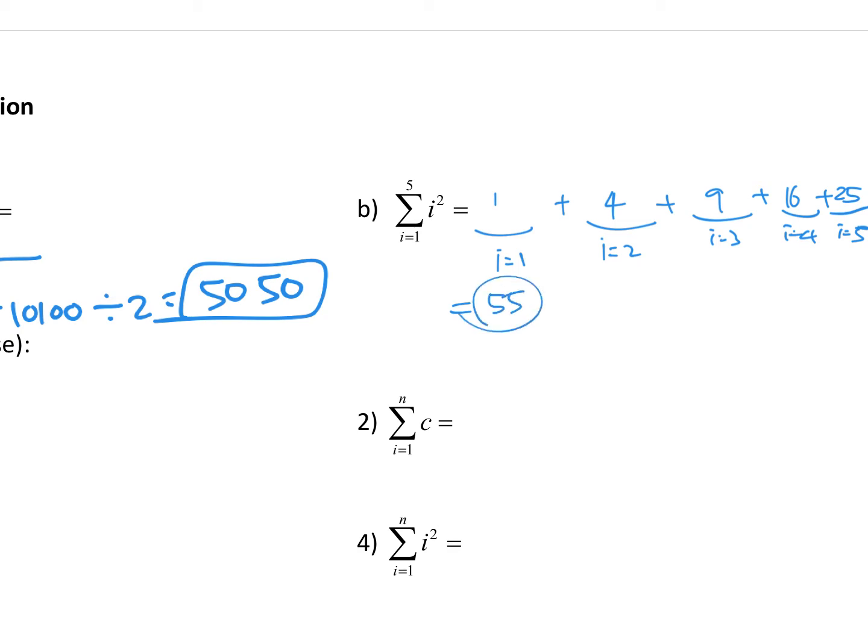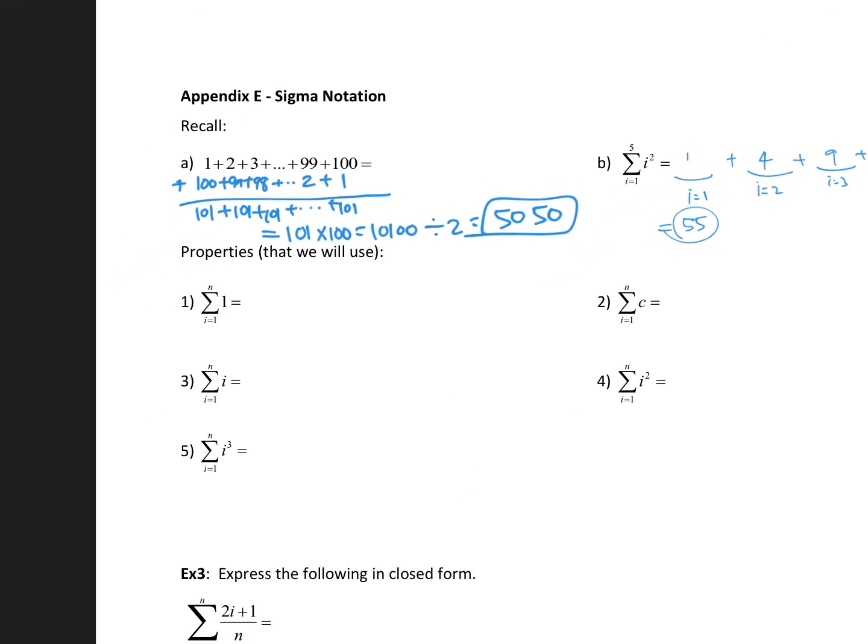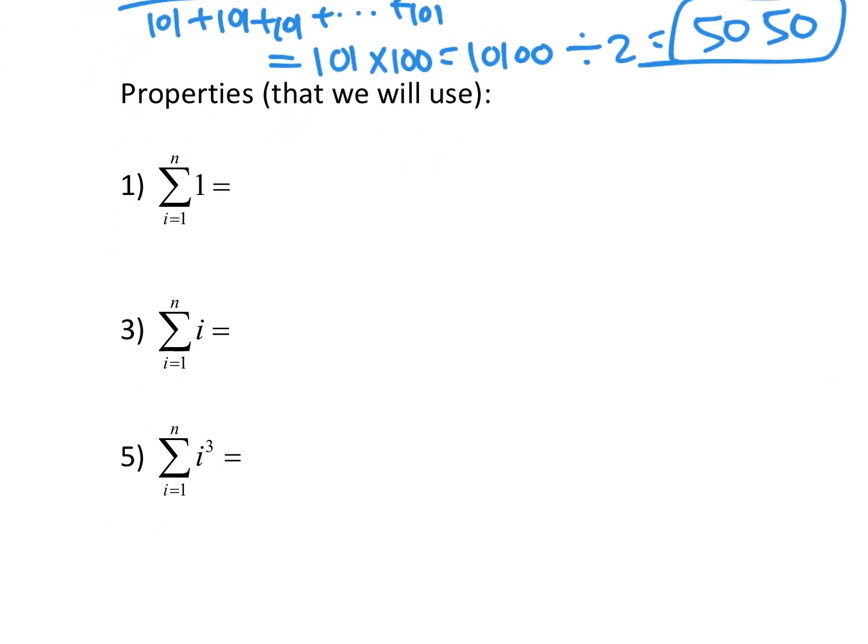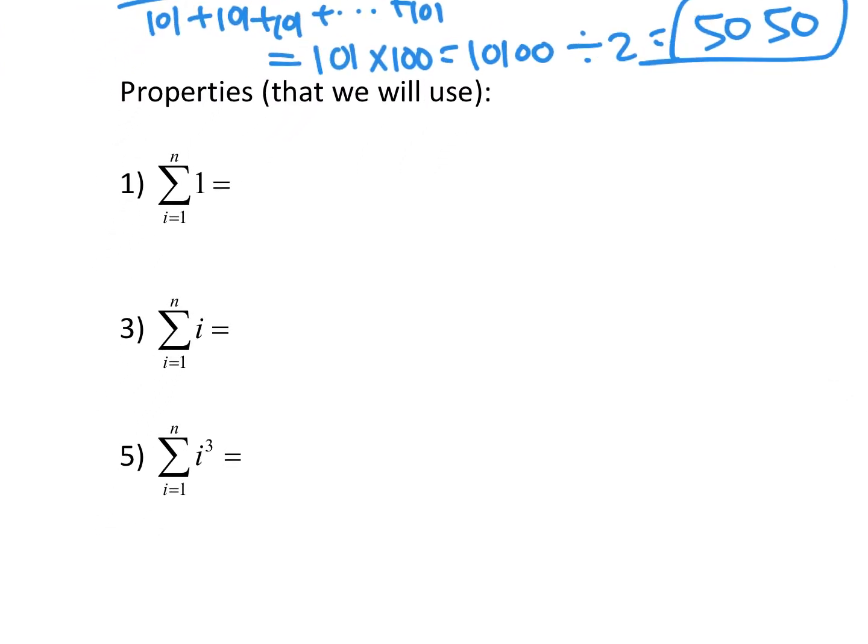All right, let's look at part C. This property is what we're going to be using. Let's look at this. I noticed it's just a number, 1. There's no i in it. I'm going from i equals 1 to n. Let's do an easier one first and see if we can find the pattern. Instead of n, which is a little scary,